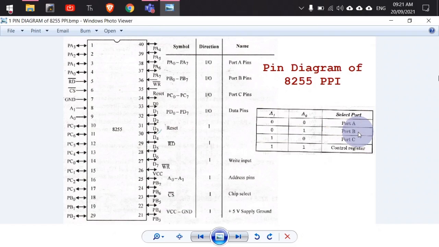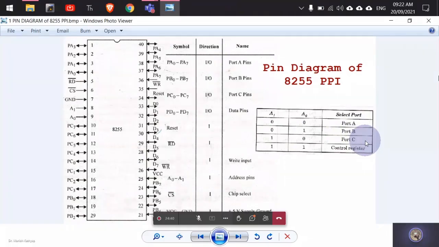So that is why when port A and port B are performing in input output mode, port C will be assisting for this handshaking operation. It will do this thing of acknowledging and so on, so that the message transfer becomes very efficient. And that's what we are going to see soon. So this port A, port B, and port C are there, or you can say group A and group B are there. Group A means port A and the upper portion of port C, and group B means port B and the lower portion of port C. That grouping is there just to make the transmission of messages from sender to receiver very efficient, so that's why they are grouped. Is it clear now?